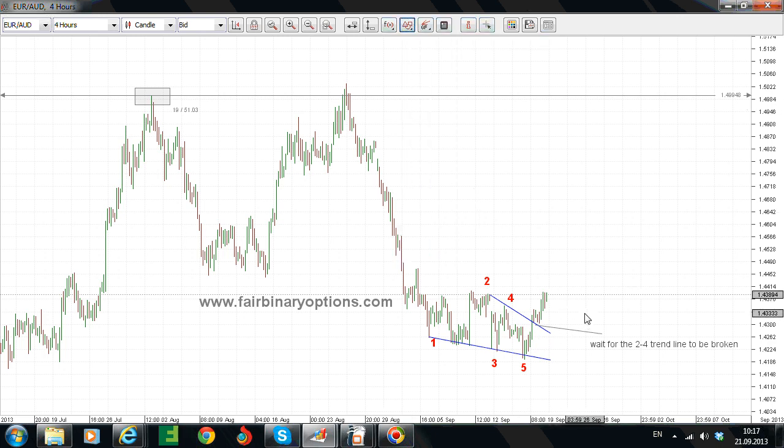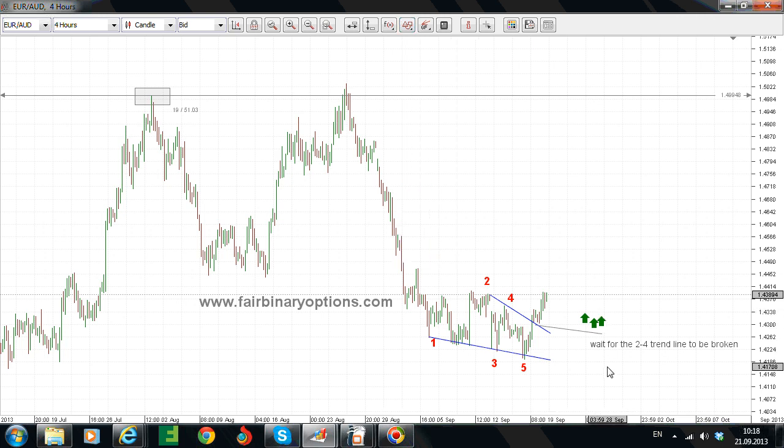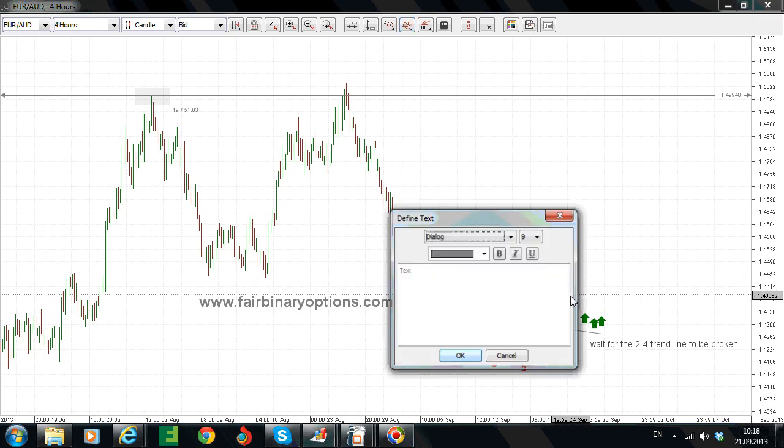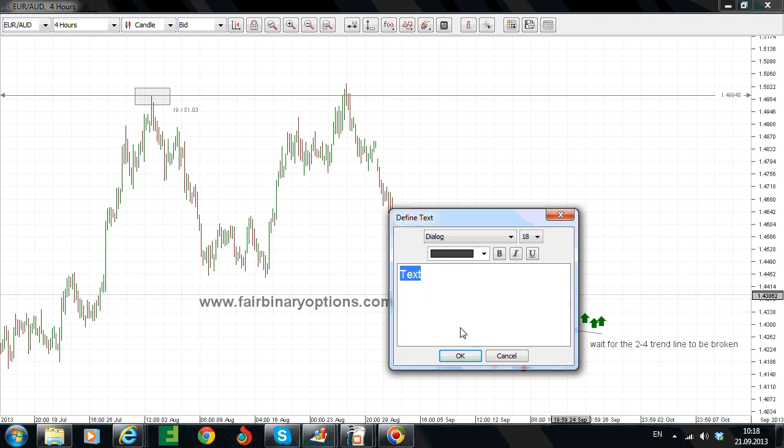So we are looking to buy calls, and depending on the broker you are dealing with, here at fairbinaryoptions.com we are recommending a lot of brokers. But depending on the broker you are trading with, I would go for a high-low binary option, buying calls. Let's say here. Even though if you look at the closing this Friday, it was quite high, we are not looking at such a short time frame, but we want to buy calls, so buying calls for 1 week expiration date, or